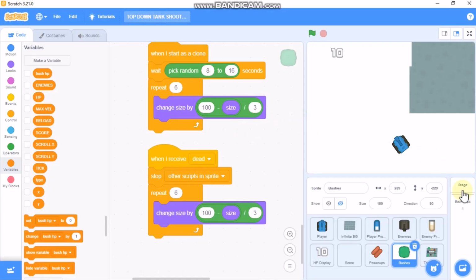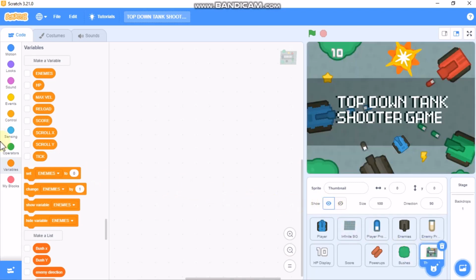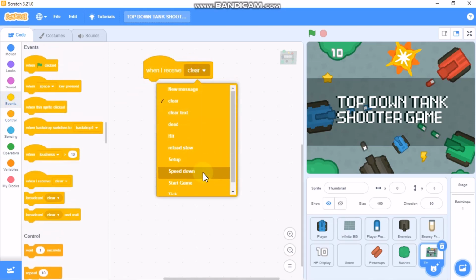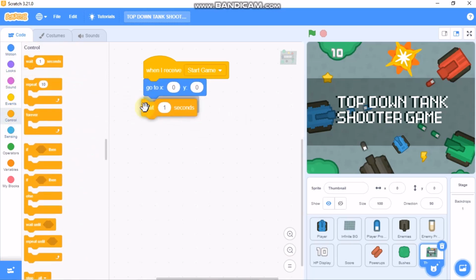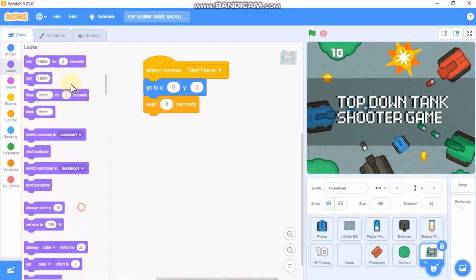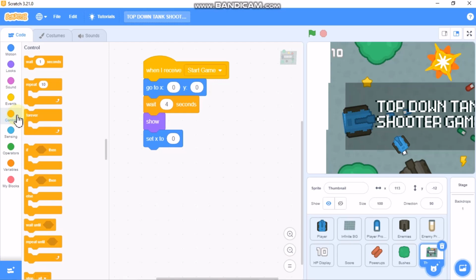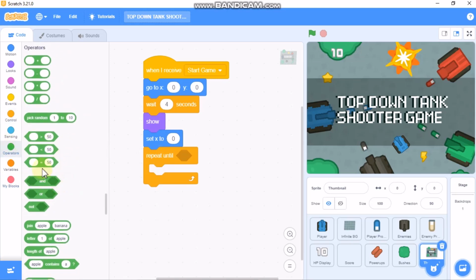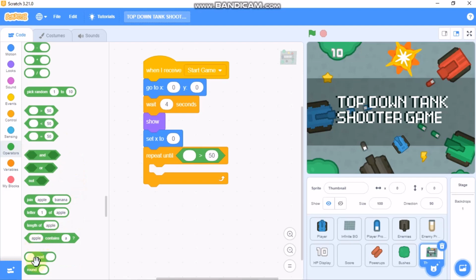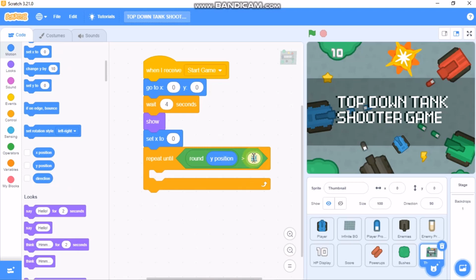So now I'll be showing you how to code our thumbnail and add some sound effects. Make sure you click on this, show, and when I receive start game, we need to go to X0 and Y0, wait 4 seconds, we need to show and set X to 0, repeat until round Y position is greater than 350. Then we need to change our Y by